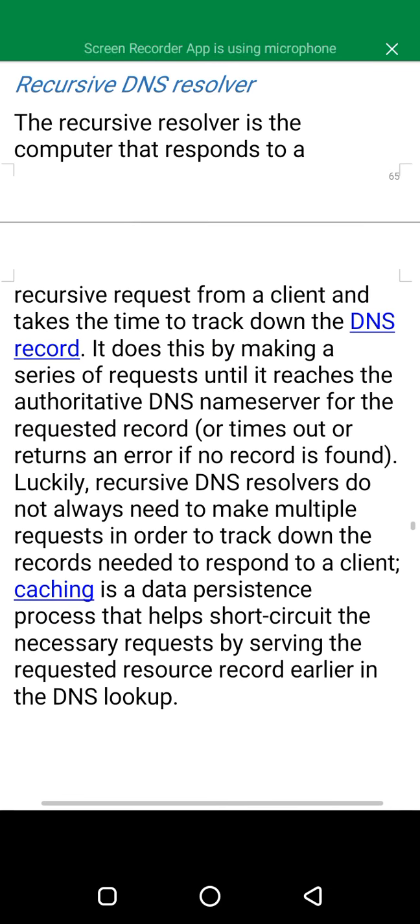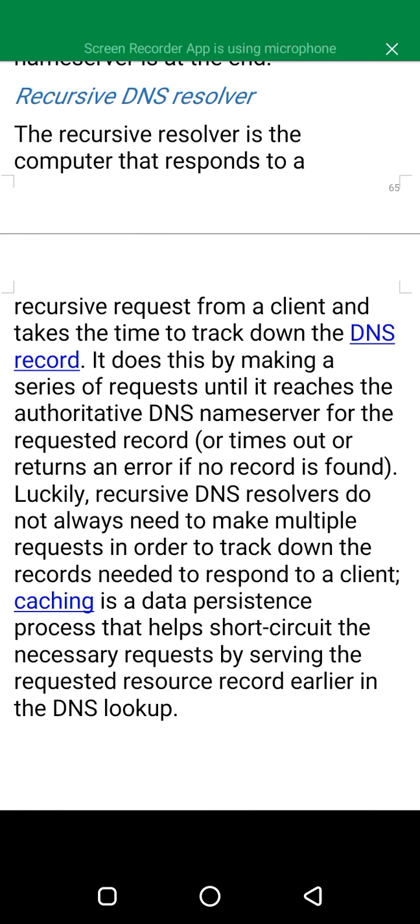Recursive DNS resolver. The recursive resolver is the computer that responds to a recursive request from a client and takes the time to track down the DNS record.